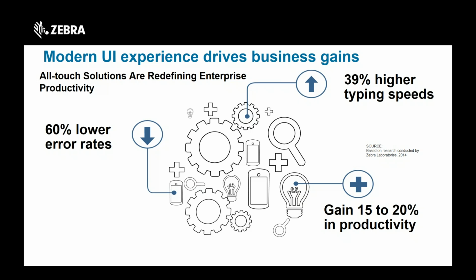The other influence here, knowing that the change of expectations on how computer technology is supposed to behave has measured impacts on the way that businesses operate. We have done studies that indicate that taking an existing application, modernizing the way that the user interacts with it, turning it into a more touch-centric interface, has measurable gains in productivity, measurable impact on lowering the error rate, and surprisingly, even measured gains on typing speed.